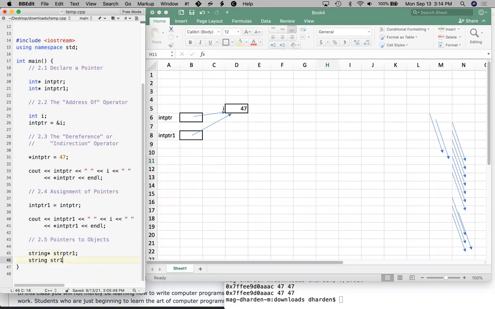I'm going to create a pointer. Sorry, I just said the wrong thing. I'm going to create a string. So I've got a pointer to a string that's uninitialized, and I've got an actual string that is initialized. If I were to draw a picture of that, I would get